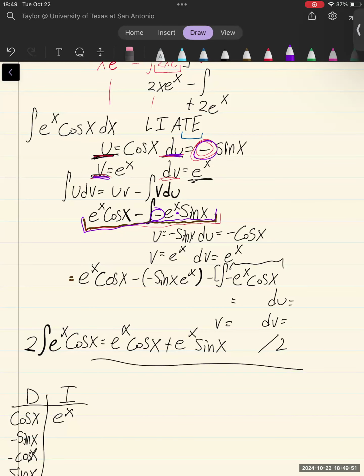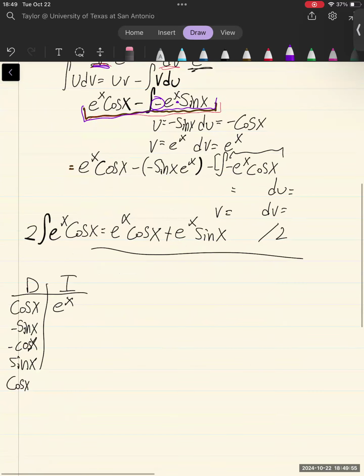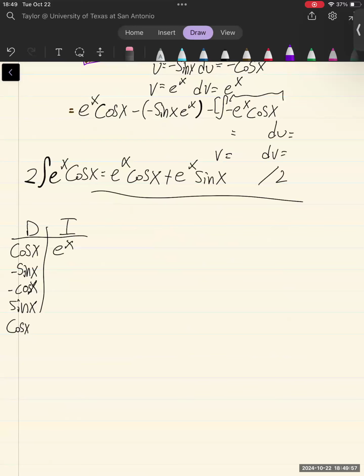Oh, so you just keep on doing it until... Right. So the nice thing with the tabular method is if you have a function like this where it repeats, generally it is safe to cut it off after like 3 expressions. Right. Okay. So we would go these two, and then